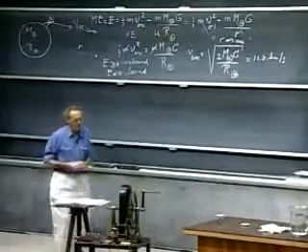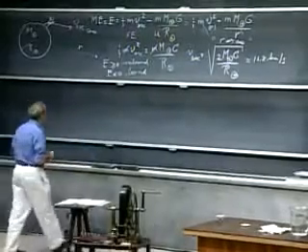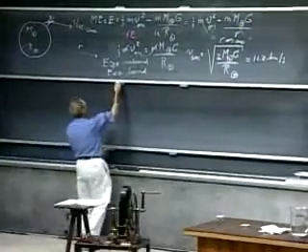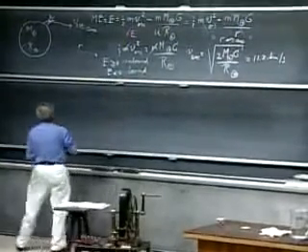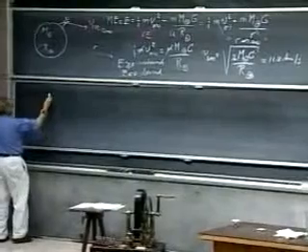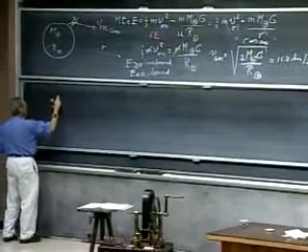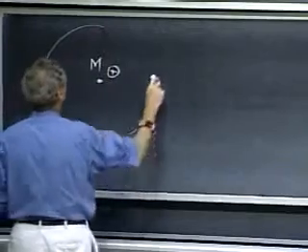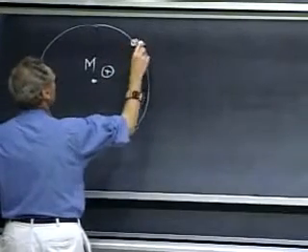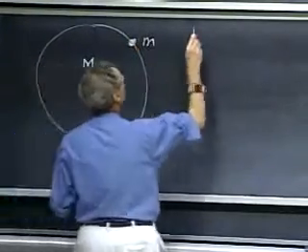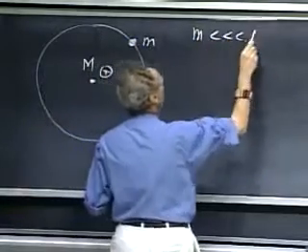Let's pursue the idea of circular orbits. Later in the course we will cover elliptical orbits, but now let's exclusively talk about circular orbits. Now this is the mass of the Earth, and in a circular orbit is an object with mass m, a satellite, and m is way, way, way smaller